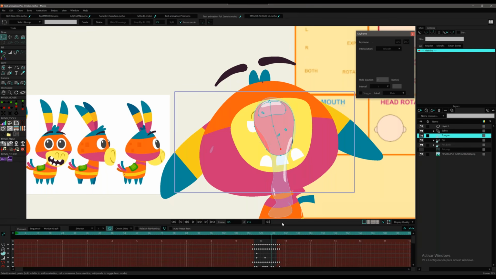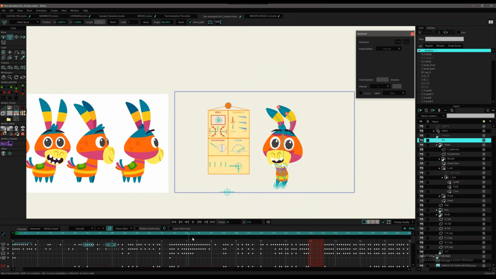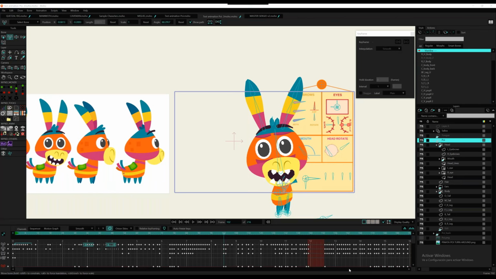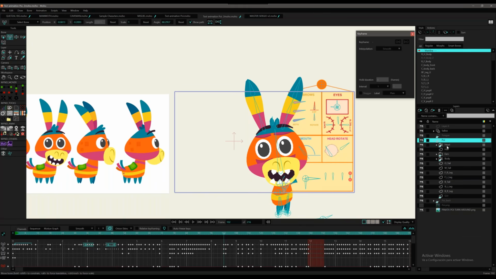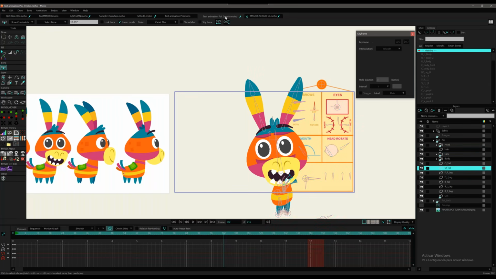So yeah, when you break down the head, you have a lot more room to create all these different expressions for the character. So when you are creating your character with your rig, you want to add as much detail as possible on the head and the face. I use the ears and the mouth and all of this to achieve this type of range in expression. So yeah, once you break down all the layers you want, that's it. We have the hair, the ears, the body, the tail, everything, right? So when you have that,